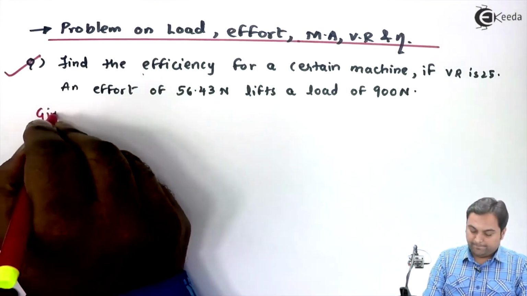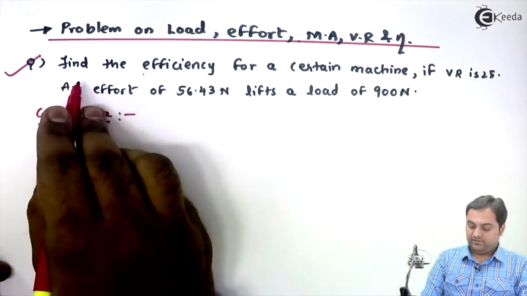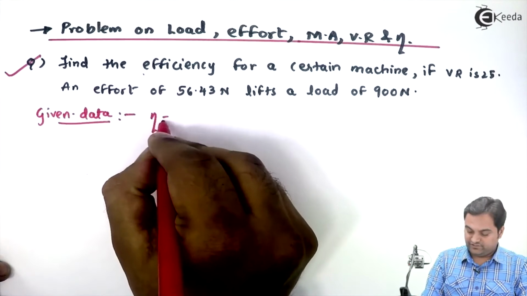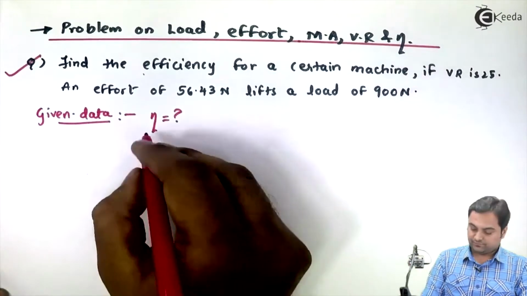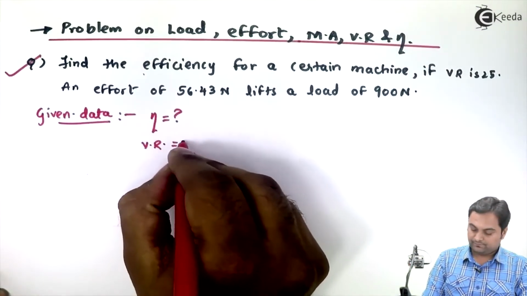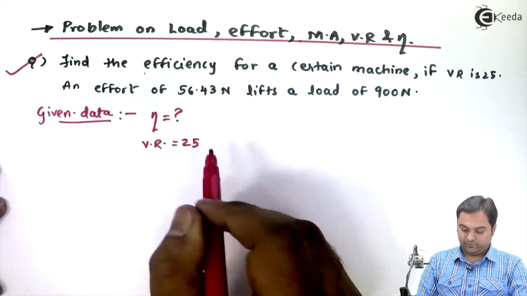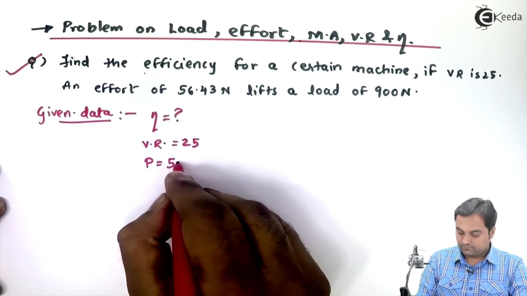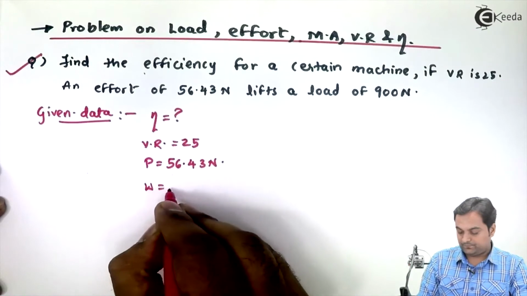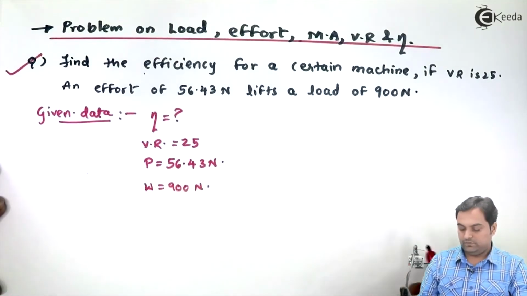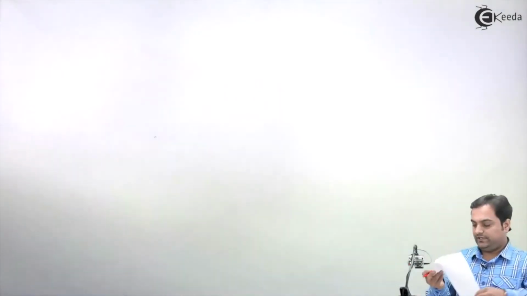I'll start with the data. It is given, find the efficiency. We have to find efficiency for a certain machine if VR is 25. Next, an effort of 56.43 Newton lifts a load of 900 Newton. So this problem is really simple. We need to calculate only efficiency here. So I'll write down